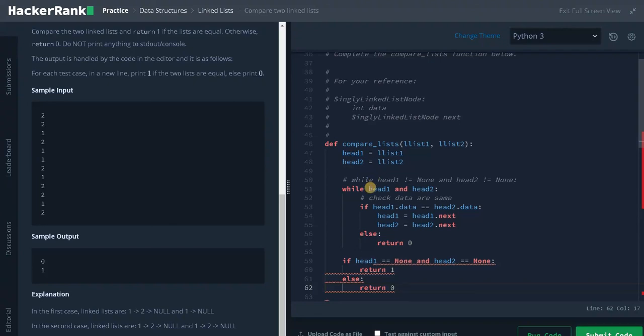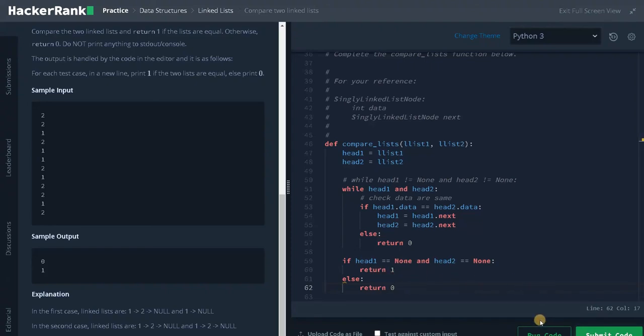So these are just naming conventions. And after that, we are checking both the head pointers have some element in the node. If the condition is satisfied, we will check both the data are the same. If both the data are the same, we will move to the next pointers of both the linked lists. If it's not the same, we will return 0. After the loop breaks, we have to check whether both the linked lists reached the end. That means both the pointers will be none. If one of the pointers has some elements, it will go to the else part, so we will return 0. That means the linked lists are not equal. If it's equal, we will return 1.